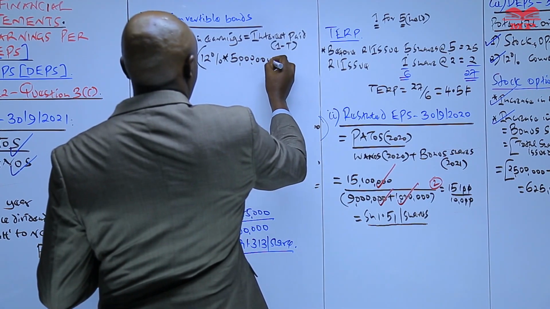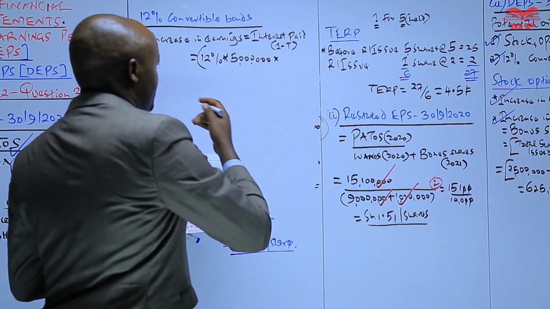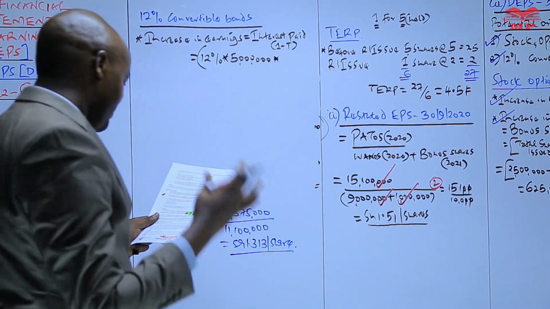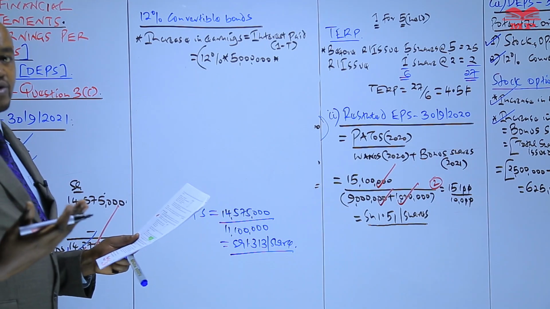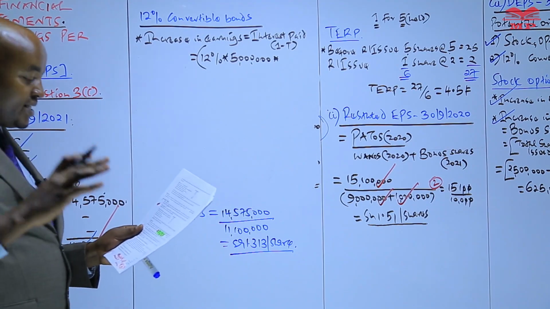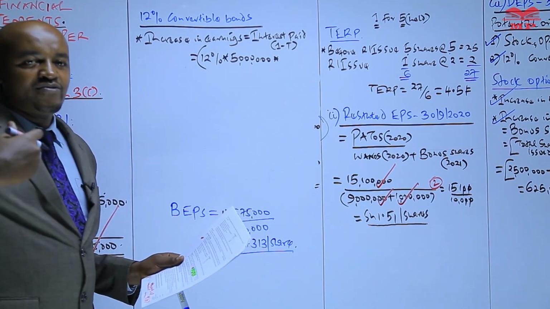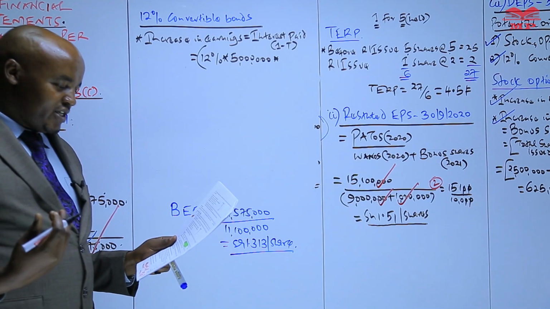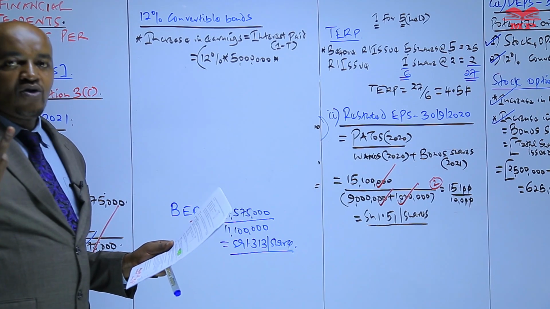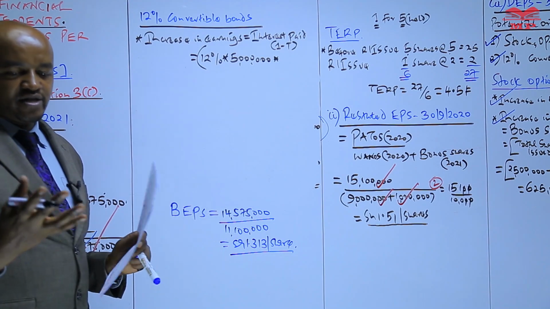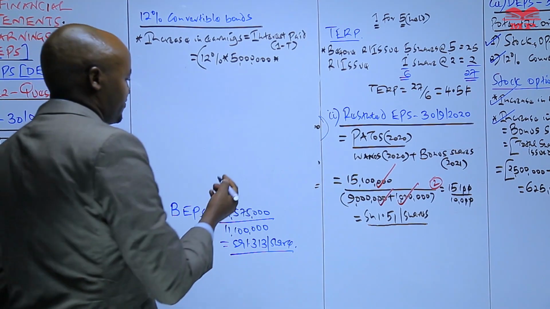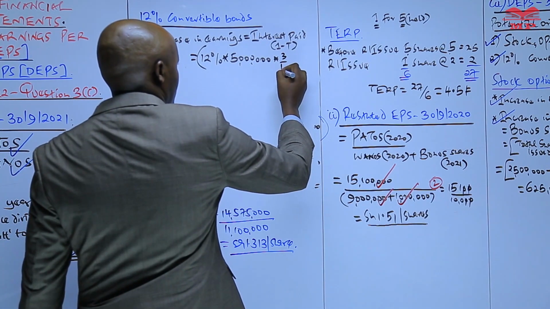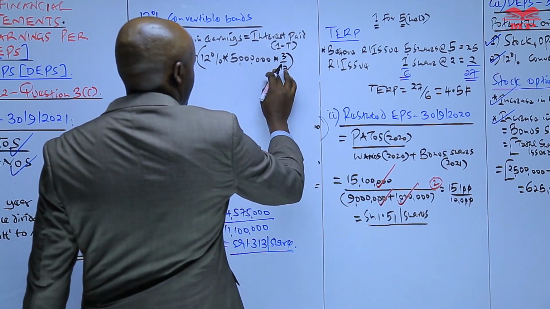But it's also important to note when these bonds were issued. The bonds were issued from 1st of July 2021, and the year is ending 30th September 2021. So the company here paid interest not for the whole year, but from the date the bonds were issued. They were held for how many months? The company paid interest for July, August, September. The company didn't pay interest for the whole year. So multiply that by 3 over 12. That will give us the interest paid,